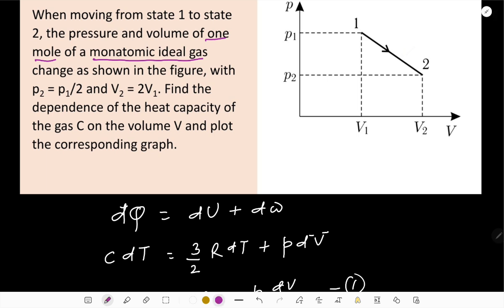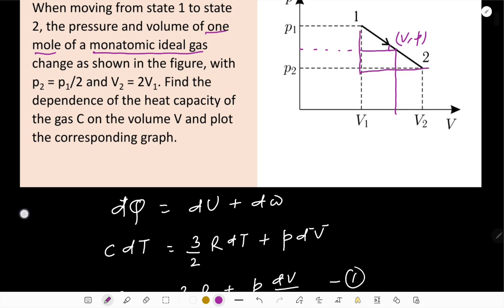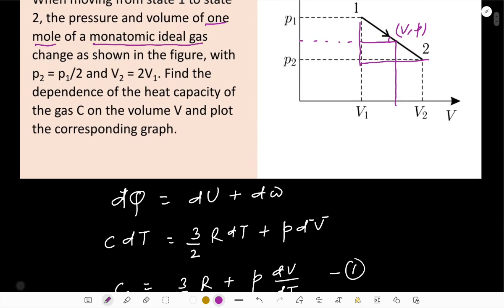And to do so, I can take an intermediate point whose coordinates are V, P. Simply during the process, at any moment, this pressure is P and the volume is V. So what do I need to do? I can see the similar triangles, this triangle and the whole triangle, and I would like to write an equation in this similar triangle